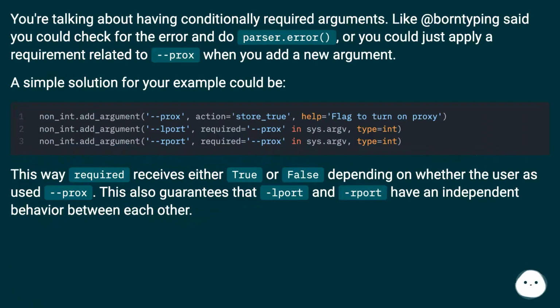You're talking about having conditionally required arguments. Like Born Typing said, you could check for the error and do parser.error, or you could just apply a requirement related to procs when you add a new argument. A simple solution for your example could be